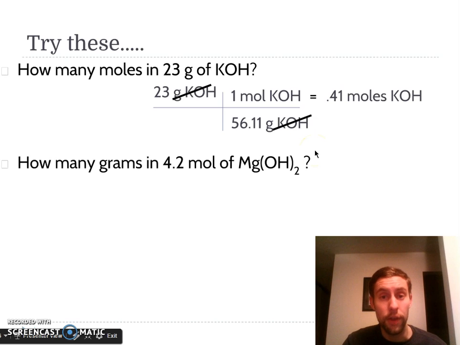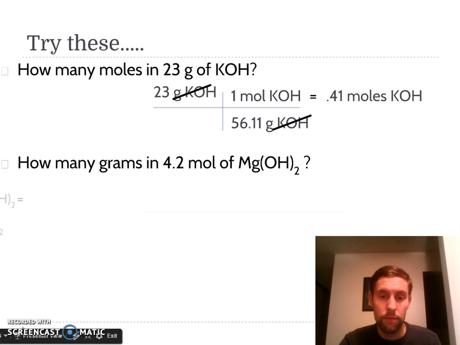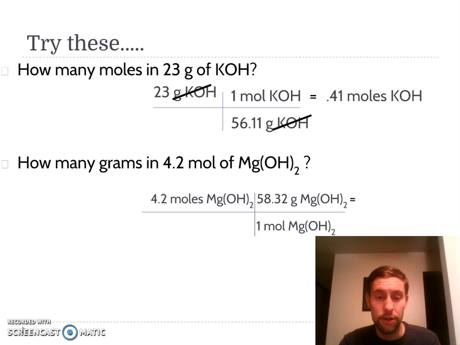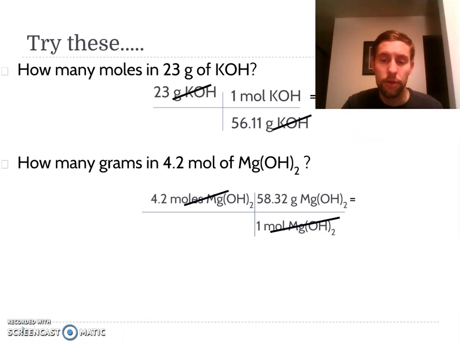Here's another one. If you think you get it, pause, try it on your own, then unpause and see if you're right. That's a good way of checking your understanding. Okay, so to have our units cancel again, what we're given goes on the left. That moles of MgOH2 has to cancel down here. The molar mass of MgOH2 is 58.32. So when we do the math, we end up with